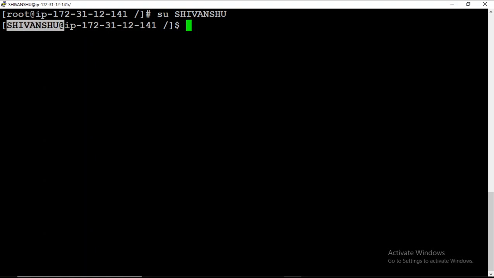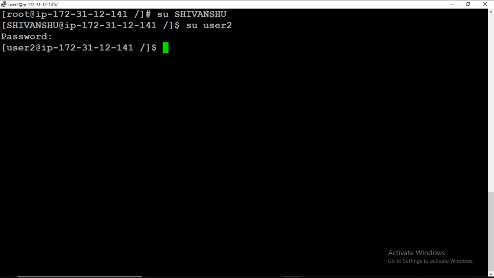But we created one more user, user2, and this user is a normal user. This is not the root user or admin user. So if you try to switch to another user from this user, it will ask for the password if you set that. For example, we had set the password for user2 and we want to switch to user2. Now you can see it is asking for the password. So here I am giving the password. And you can see for user2, the login is successful.